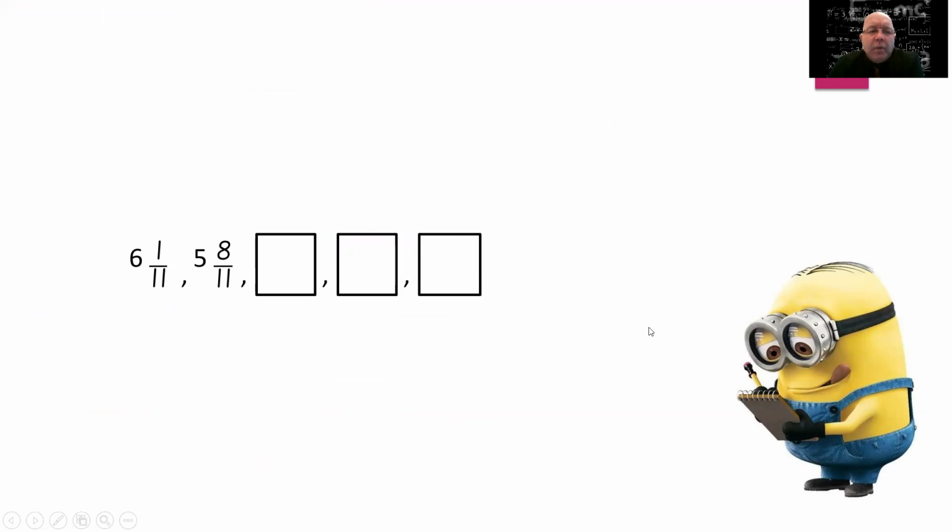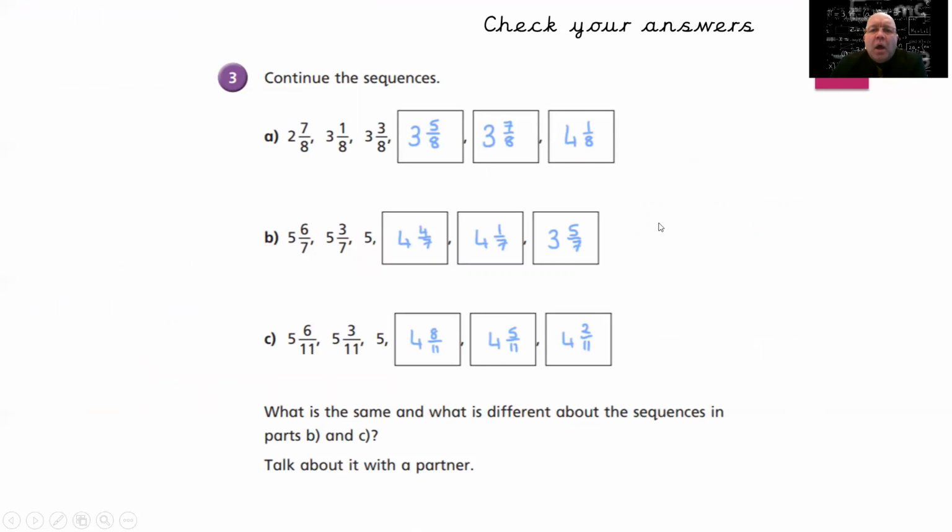Right. Here we have, oops, sorry, I skipped straight past number 3. I apologize. Right, number 3, here we've increased by 2 eighths each time. So there are your missing numbers. A, increased by 2 eighths. We get to 3 and 1 eighth, 3 and 3 eighths, 3 and 5 eighths, 3 and 7 eighths, and 4 and